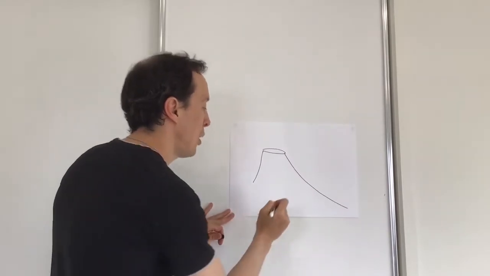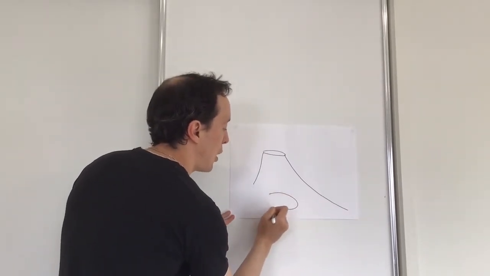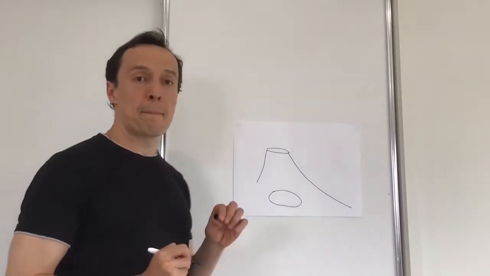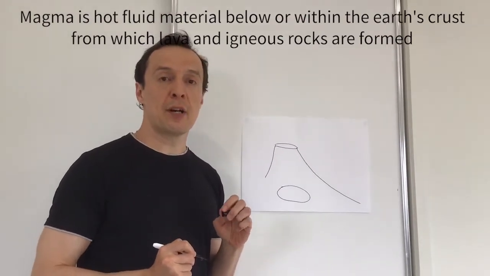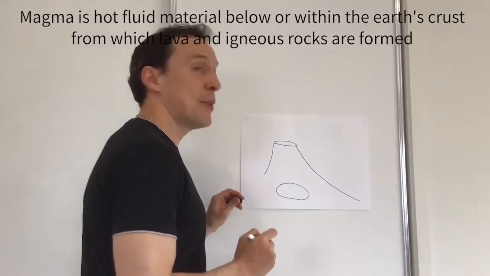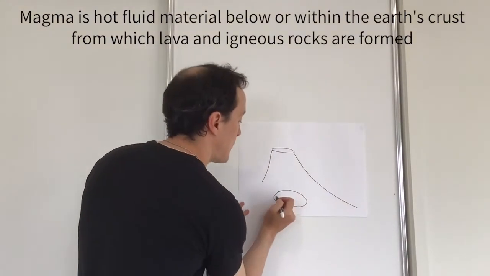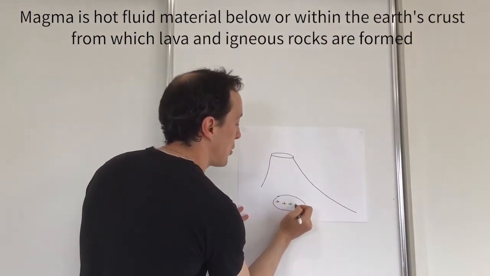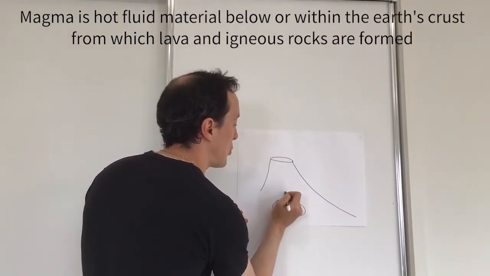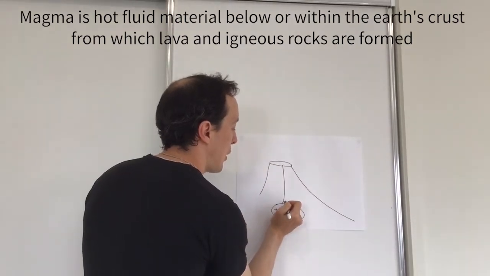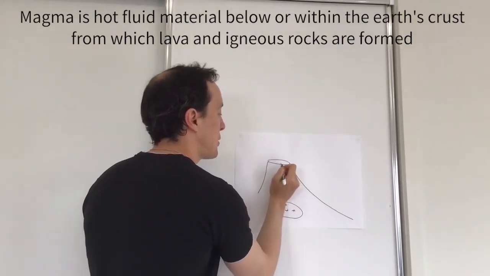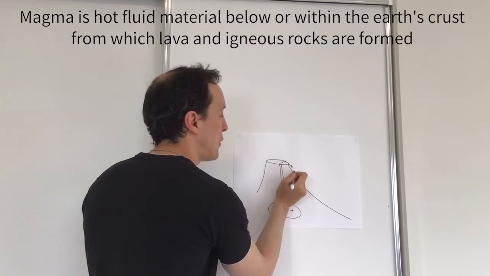And as you know, down in the ground we have magma. You guys know what magma is, right? Yep. Okay, magma is melted rock. So it's sort of a liquid, so it can travel all the way up to the surface. And in this case, it can go also to the surface.